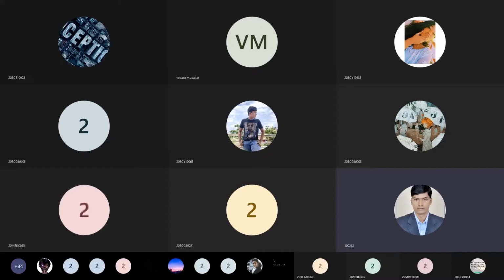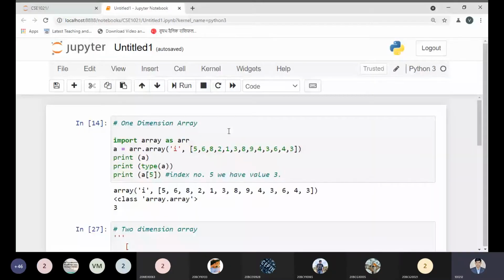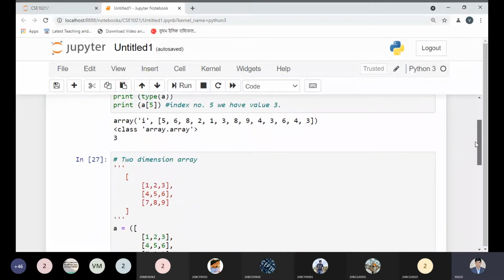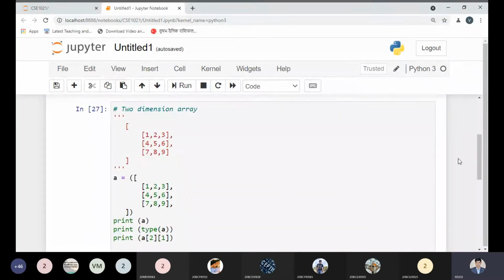So let me have some idea about the one-dimensional array once again. A one-dimensional array can be defined by the array class or library by using the array method, as you can see over the screen. And this part we have already discussed so many times. But when talking about a two-dimensional array, I'm speaking once again for your more clarification. A two-dimensional array must be defined by a list, and this is the better way to define the two-dimensional array without any problem. And how can we do it?